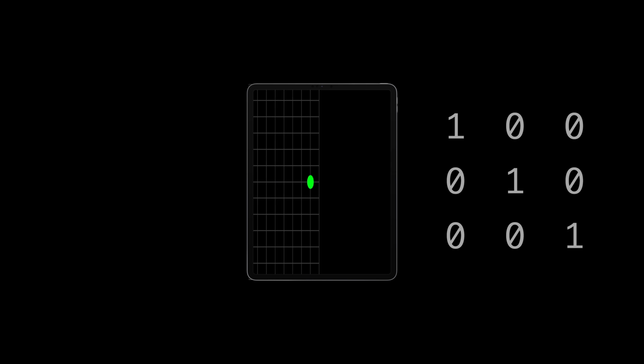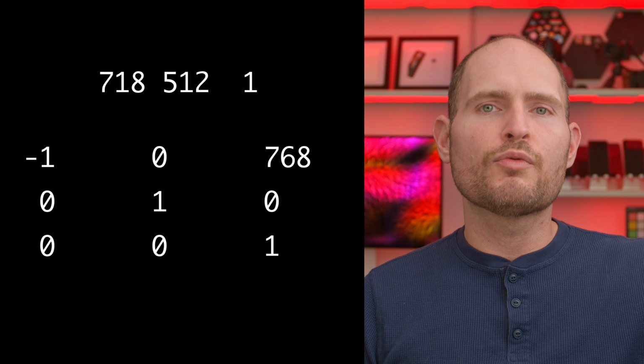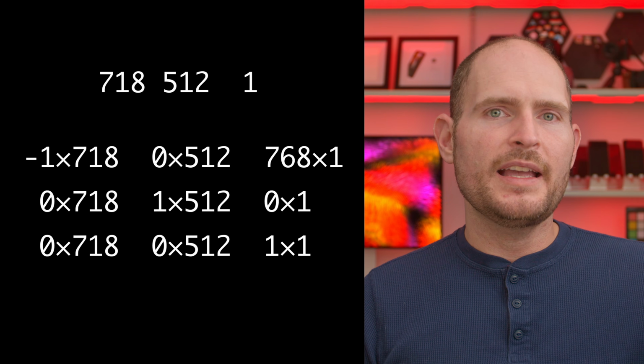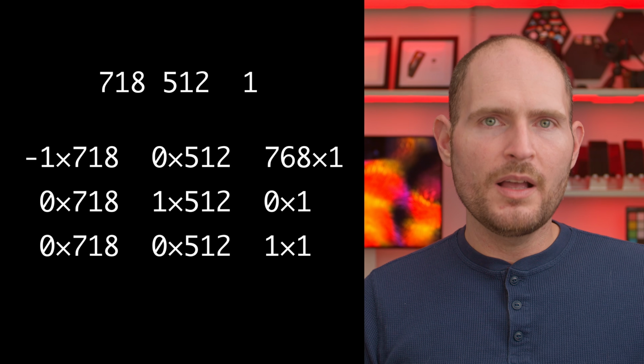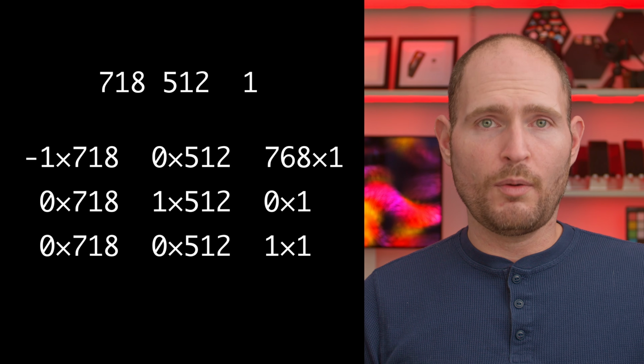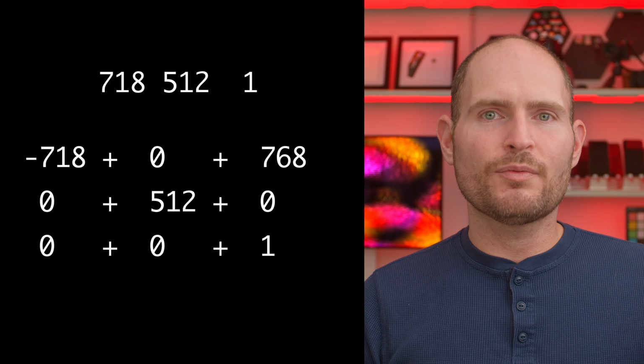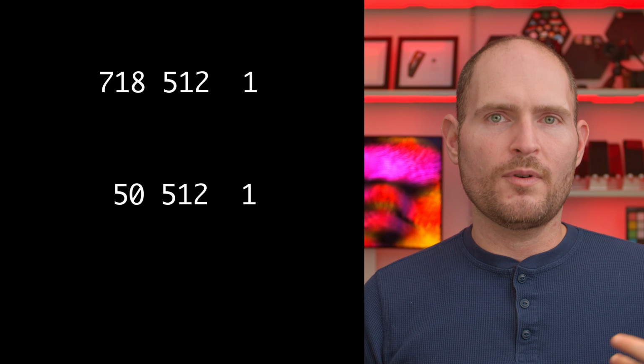It's a bit monotonous, but it's simple. To flip the point, we're going to scale it by -1 and move it 1 screen width to the right. First, you take the original position and you add an extra 1 to the end. Then, you go row by row through your matrix, and you multiply each element in each column with each element of your point. You add together each of the elements in each of the row, and you end up with a transformed point.